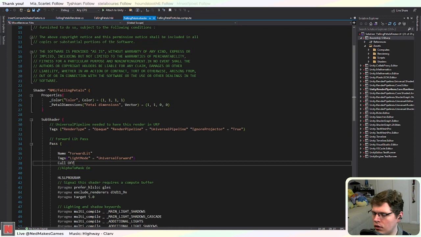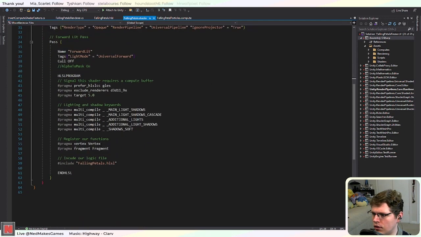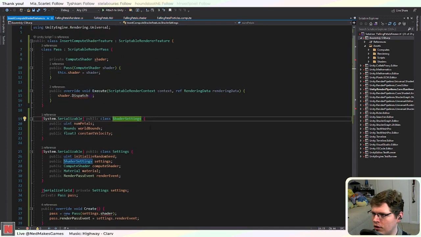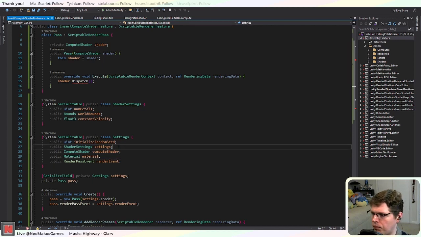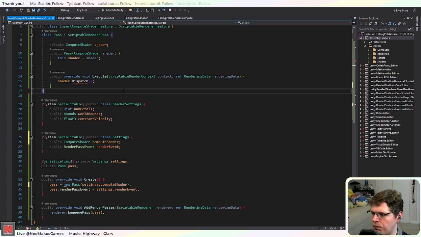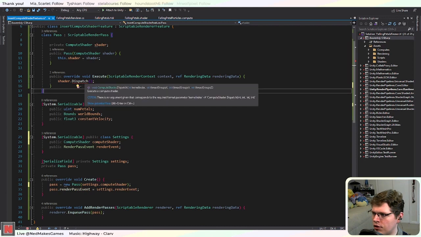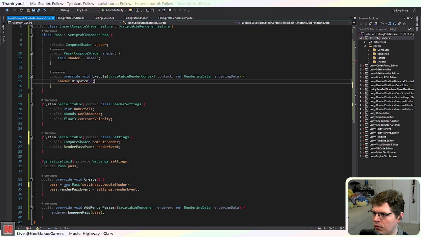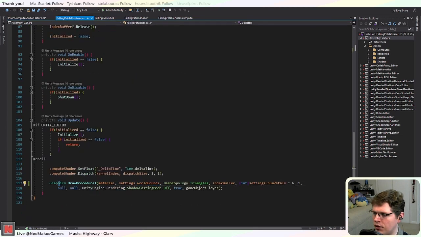Which means... Do I need to put it in a different queue so it won't run first? Okay, this is starting... I didn't think this part through before the stream, I guess. All I need to do is be able to get the depth texture in the compute shader, but it's turning out to be a little more complicated than I originally thought. Because I'm worried that if I just call shader dispatch right here, it might run at the right time, but that would be after this graphics has been rendered, because this is rendered during the opaque stage. But